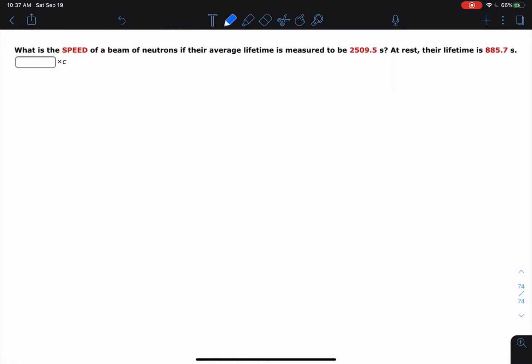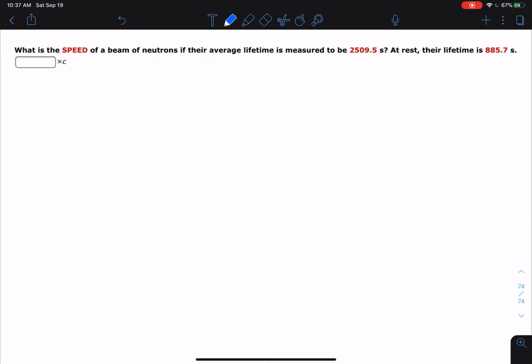What is the speed of a beam of neutrons if their average lifetime is measured to be 2,509.5 seconds? At rest, their lifetime is 885.7 seconds. I want to go over this problem because there's a fair amount of algebra in it, and